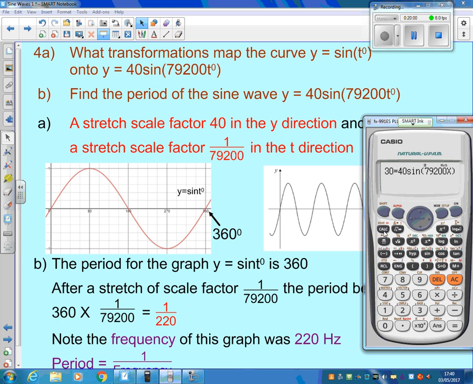So all I do is I type the equation in, then I do shift, solve, but I solve starting at 0. So shift solve, then 0, then press there, and you notice I again get my 6.135 times 10